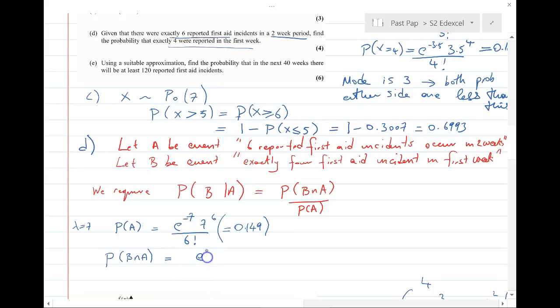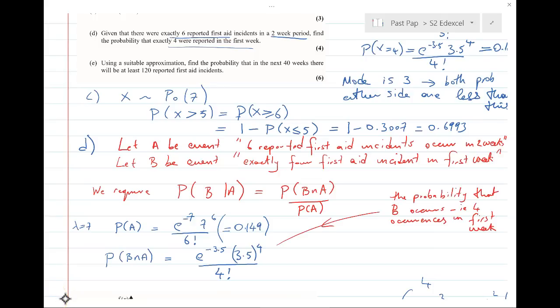So that's e to the minus 3.5 times 3.5 to the 4, divided by 4 factorial. So that's the probability that B occurs. But what we need is also